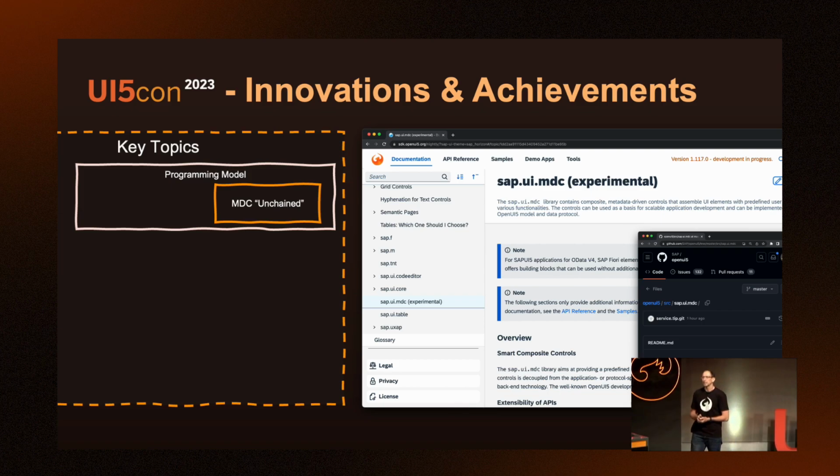There's one tag, experimental. That means we currently want your feedback. If there's something, speak up, and we can still fix this before removing the experimental flag. What are the use cases? Clearly, if you have a protocol that is different from OData, then metadata-driven controls are the ideal way to go.